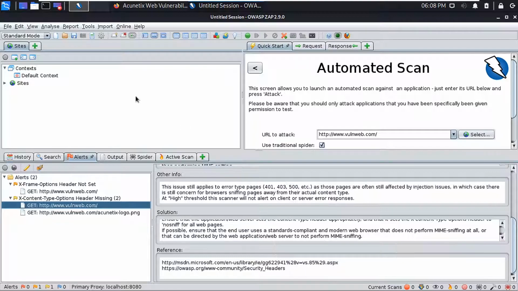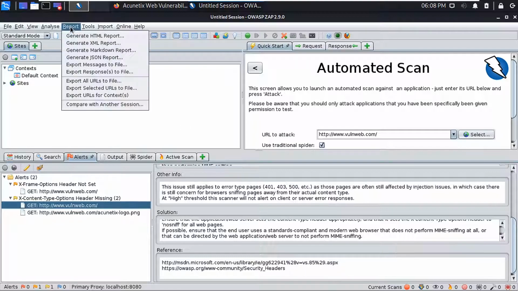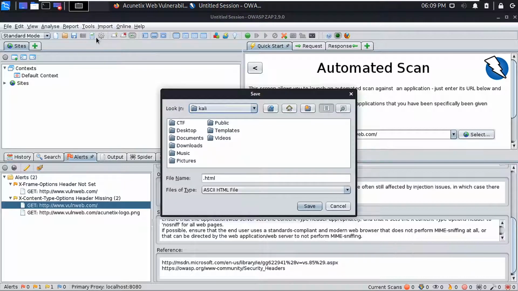Now if you want to generate a report, you can click on it, and there are a lot of options available. You can generate an HTML report, an XML report, JSON, a lot of options, so let us click on this HTML report, and where do I want to save it? Let us save it into the documents, and the name, let us say vulnweb.html, and click on save.